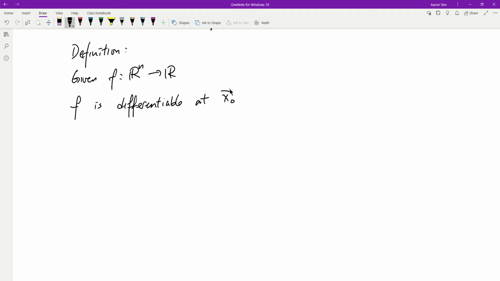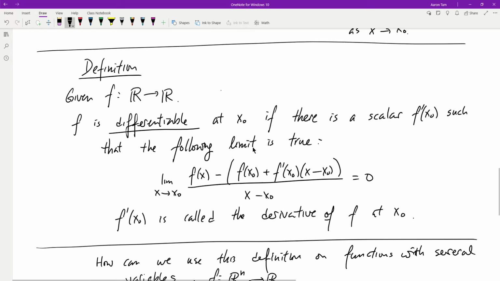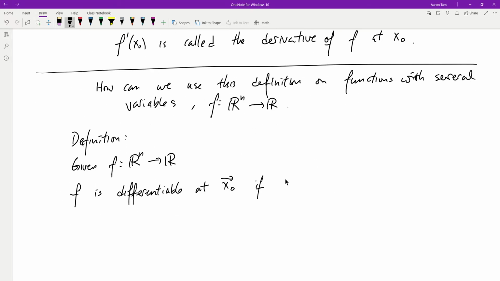So I'm going to put down an arrow to indicate it's a vector. f is differentiable at x sub 0 if there is a scalar, and I'm not going to name this scalar f prime, so I'm going to call it something different. I'm going to call that k,